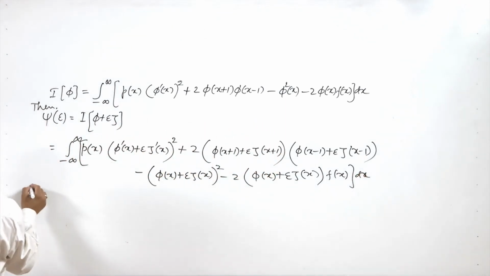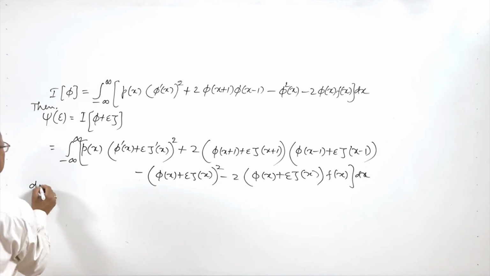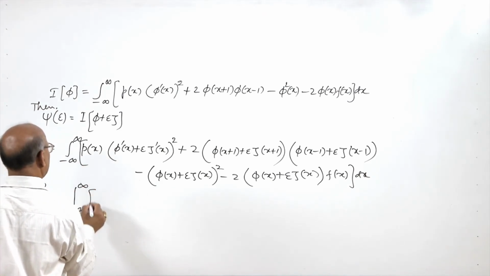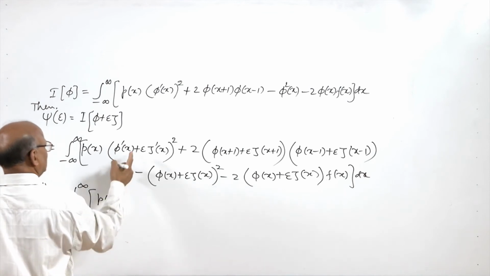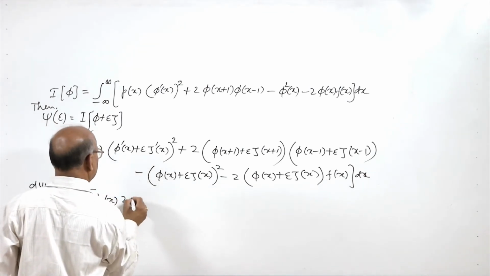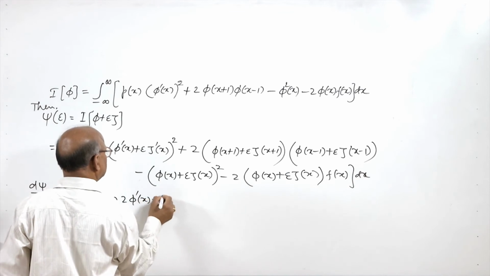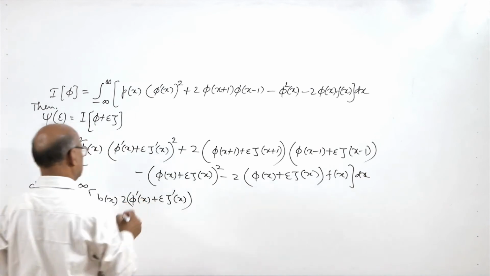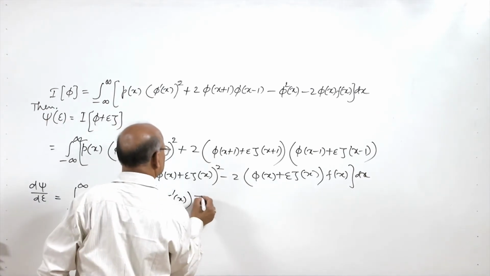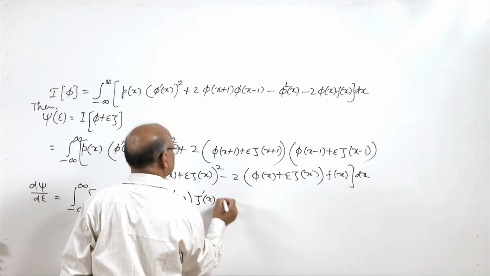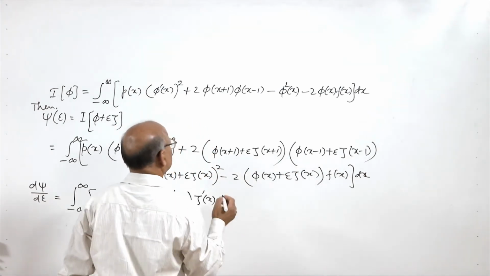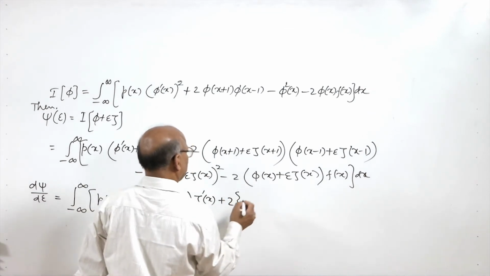So let us differentiate psi with respect to epsilon. So d psi over d epsilon will be equal to the integral from minus infinity to infinity of p(x), the derivative here will be 2 times phi dash x plus epsilon zeta dash x into zeta dash x, plus here what we will get, the product of two functions of epsilon we have. So 2 times phi,